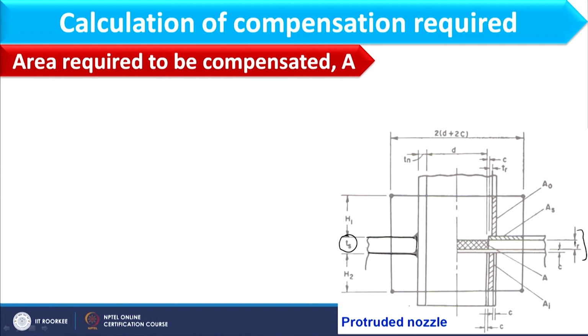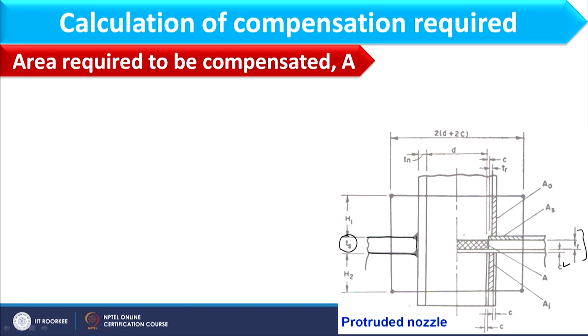Whatever minimum thickness I am having, that is sufficient for the performance to be carried out, and that part only I have to consider for compensation. Corrosion will be used for wastage, and Ts is the extra material. Okay. So, minimum thickness you should consider in compensation, and if you can see from this diagram, here we have Tr, that is the minimum thickness, C we have considered for corrosion, and total Ts I have already explained. Okay.